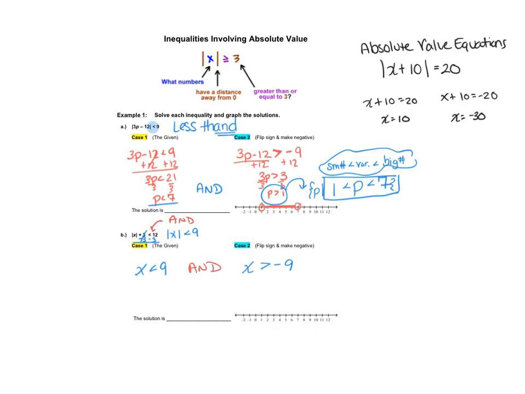I'm going to need, I'll do in set builder notation, all values of x such that, and then it would be a small number, less than x, less than big number, close braces. And to graph that, x is less than 9, going this direction, and x is greater than negative 9. I'll just add that to the number line. So open circle at negative 9, going to the right. And so